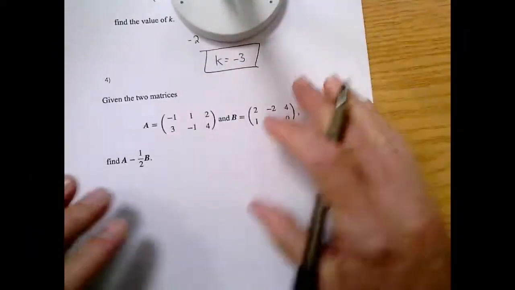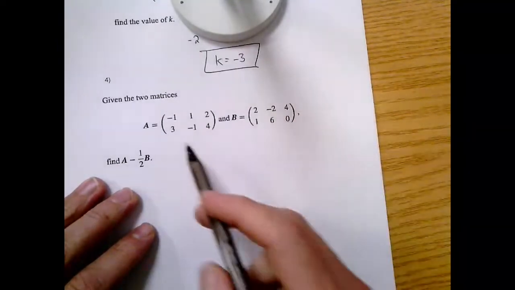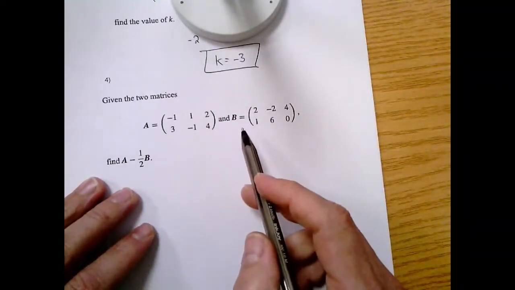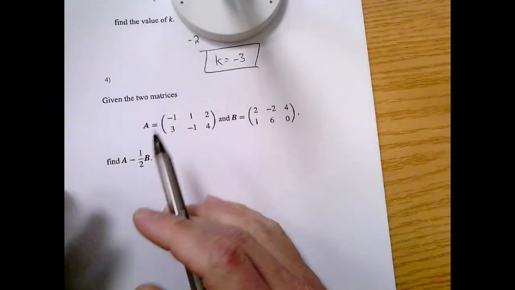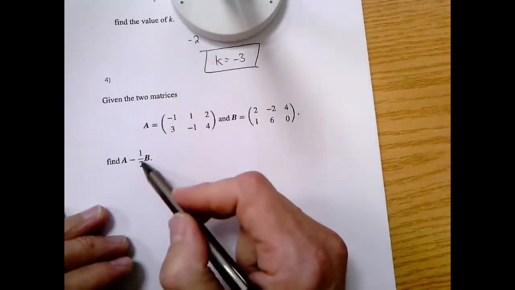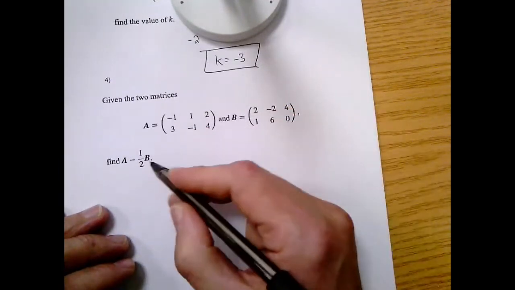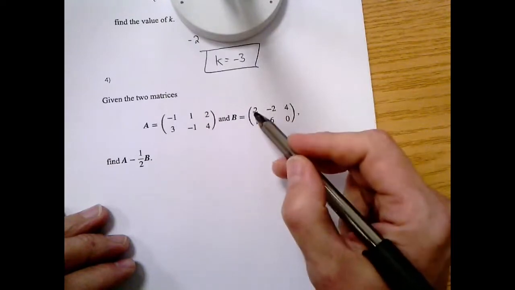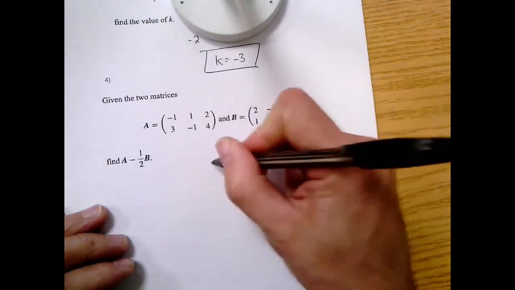All right. This one we're given two matrices. We have all this information here, and they say, I want you to find me matrix A minus 1/2 of matrix B. So step one, what you have to do is multiply matrix B by the scalar of 1/2. The scalar affects each term individually. So 1/2 B